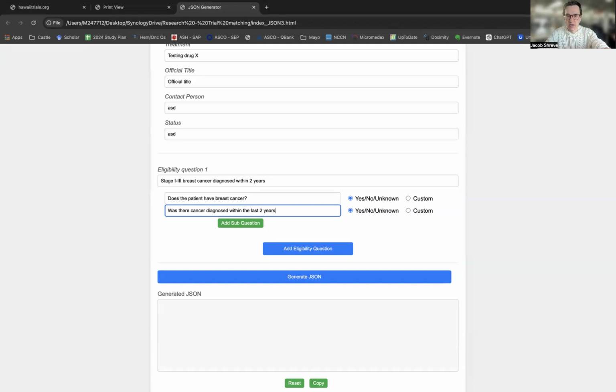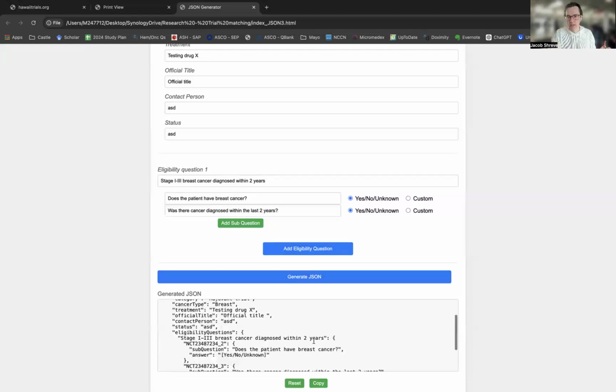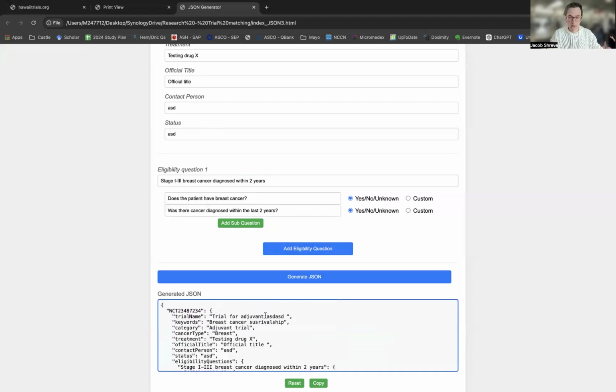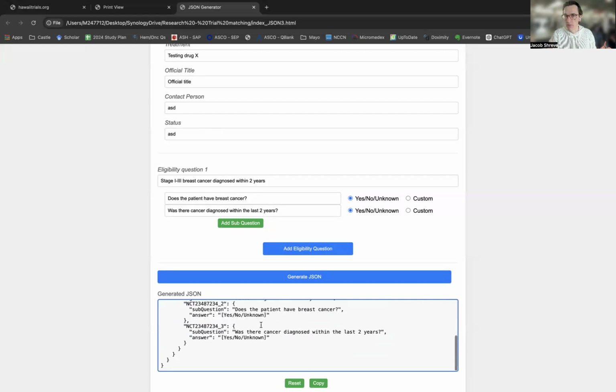You just take the eligibility criteria and you break it down to a series of smaller questions, and that dramatically increases the accuracy of the entire pipeline. And then you say generate JSON. And this is now that clinical trial, all the information with those eligibility criteria, listed in a computer readable way that can then be directly imported to that website and added to the list of trials. So anybody can add a trial, with appropriate approvals and all those kind of things, but it means that